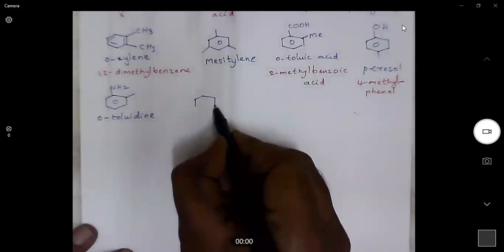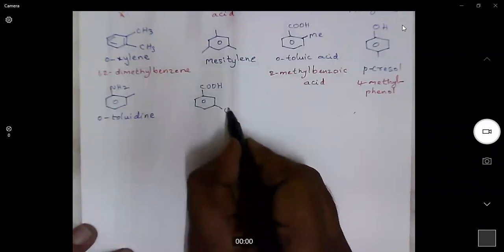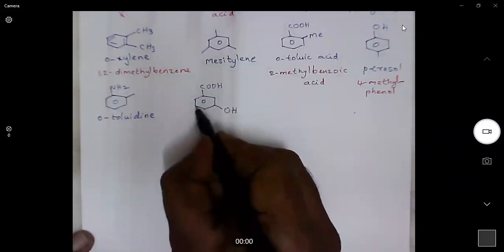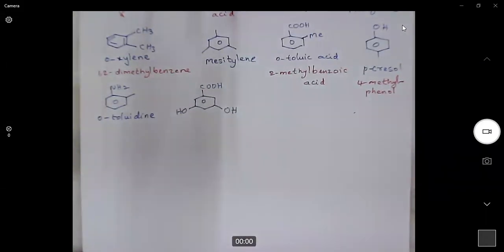When we have carboxylic acid substituent and OH substituent, which one will get the preference? In IUPAC nomenclature, different functional groups have priority orders. So please go through the priority order so that you can easily predict which functional group will have first preference. Among the carboxylic acid and alcohol functional groups, carboxylic acid group takes the first priority.